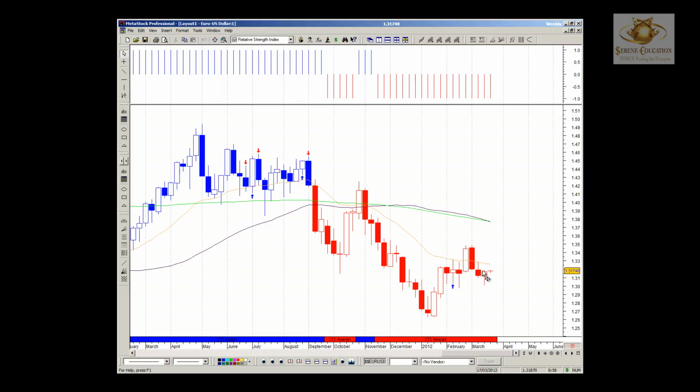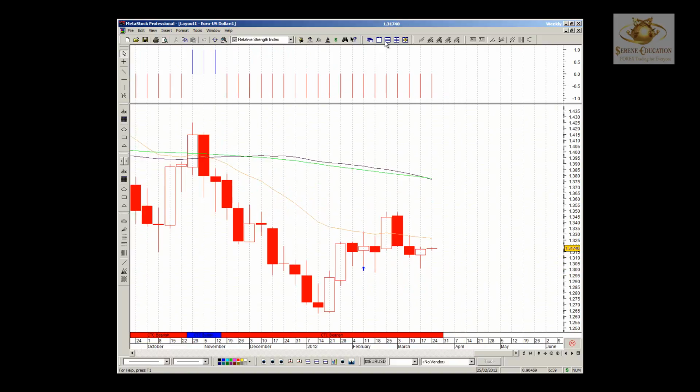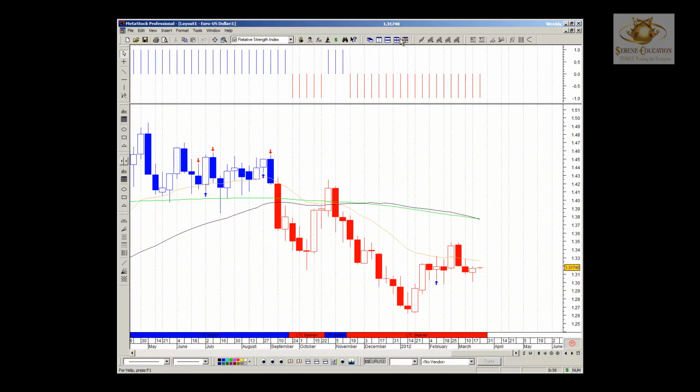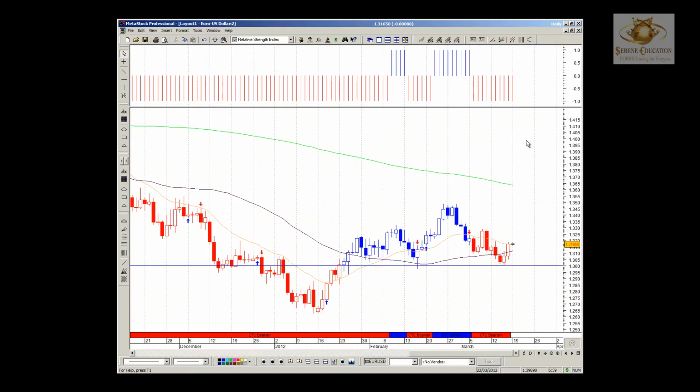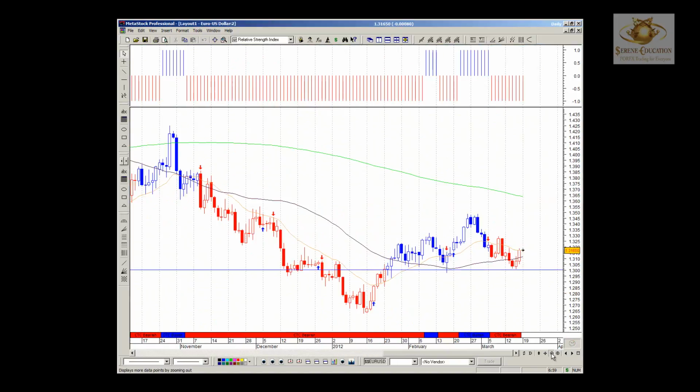And at the end of last week, a lot of action on Friday pretty much took price all the way back up again. We were looking for price to actually continue to fall, but news came out that favored a rally against the US dollar pairs, and sure enough, we saw the euro close very strongly on the daily. CTC on our weekly time frame still remains negative, but if we go into our daily chart,